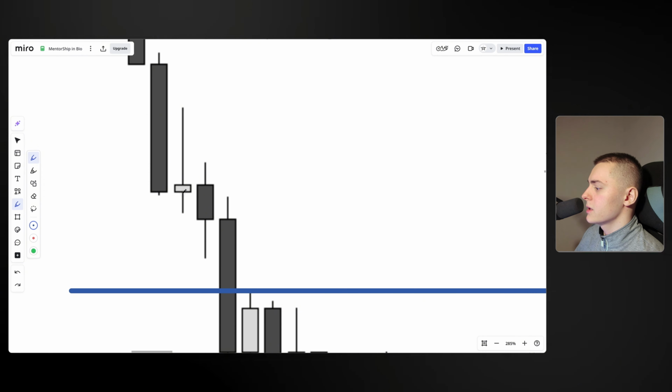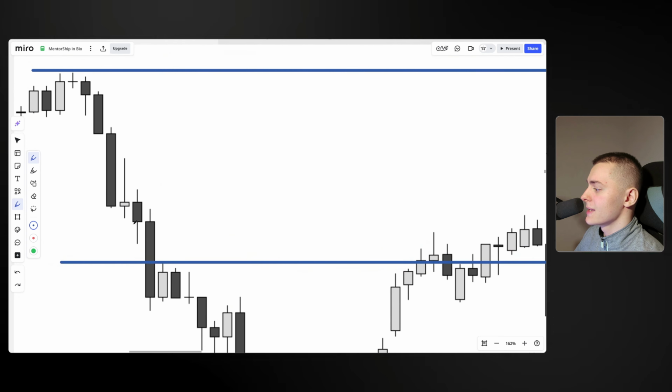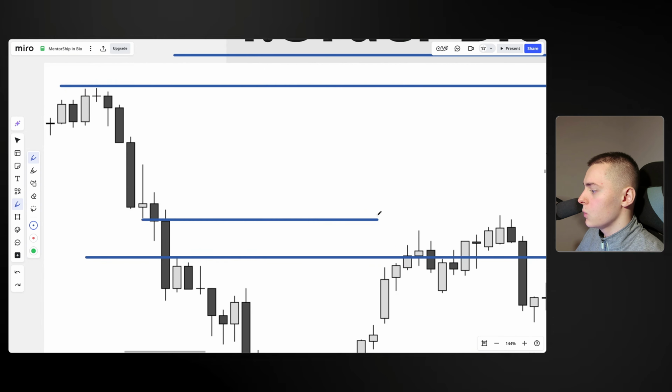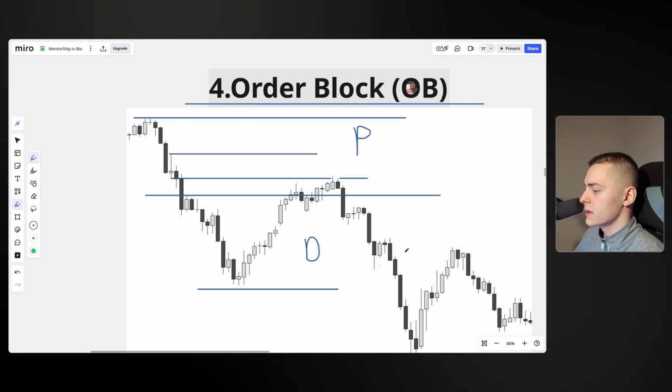Now, a very common question is, do you draw the order block from the body or from the wick? And that is very simple, guys. Take the order block as an entire range. Take the wick low, but also take the wick high. Now, if we extend that single line all the way to the right, you can see that it got mitigated and we traded lower. But you have to make sure to combine it with a premium or discount range.